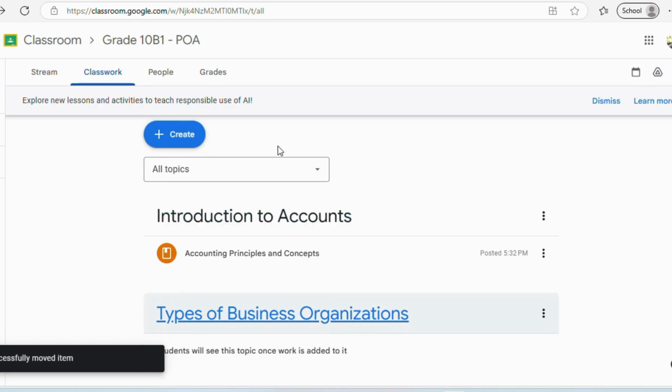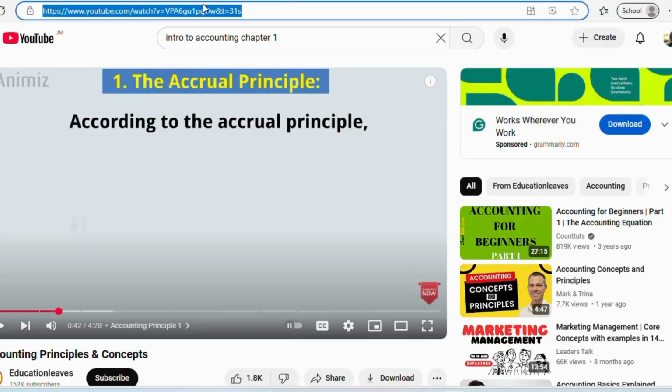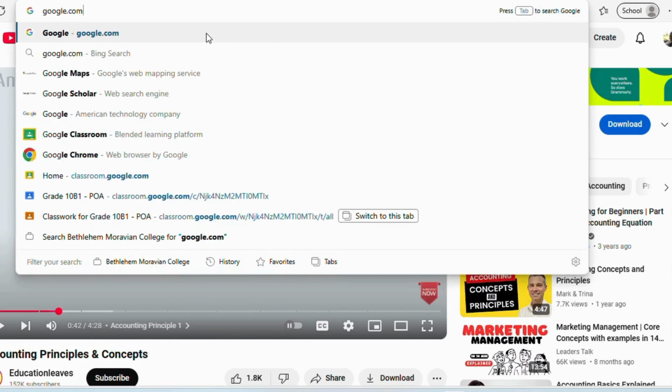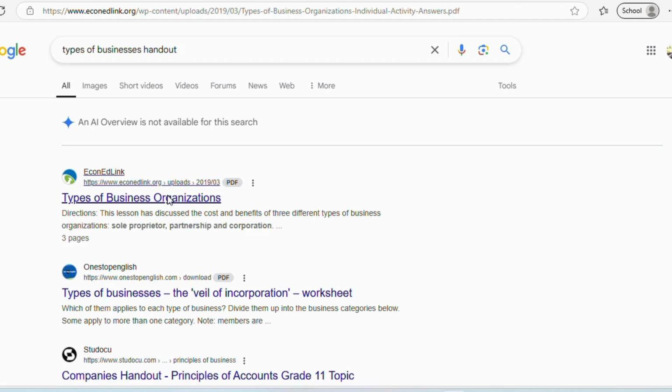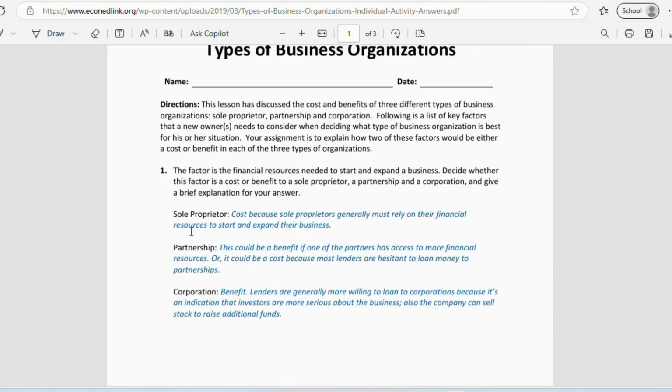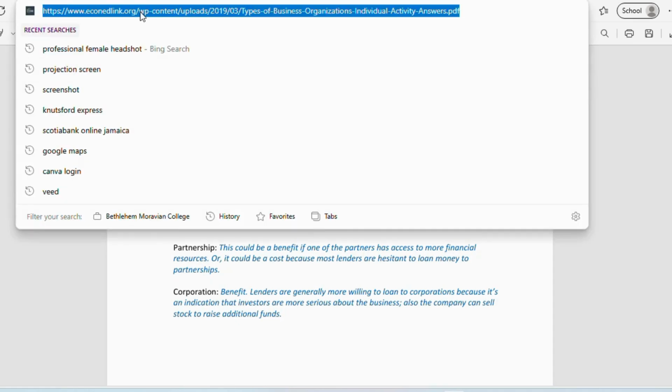I want to add another resource. Let us say I'm going to look for types of business organization handouts. I'm going to go to Google. Say we're going to use a link. All right, so types of business organizations. Here they tell you that there are three main types of business organizations: the sole trader or sole proprietor, partnership, and corporation. So I'm good with this link and I'm going to just click on it, right click, copy,